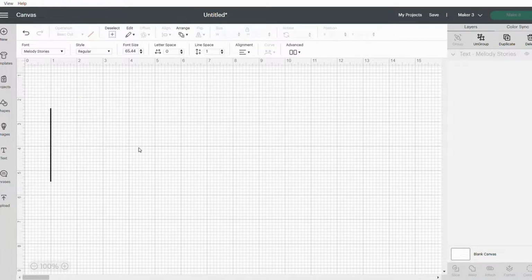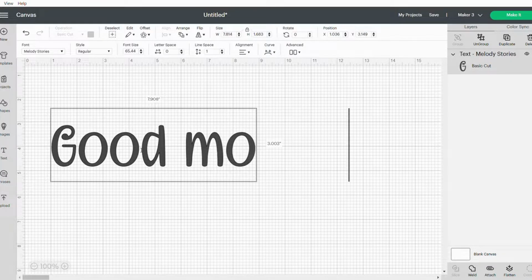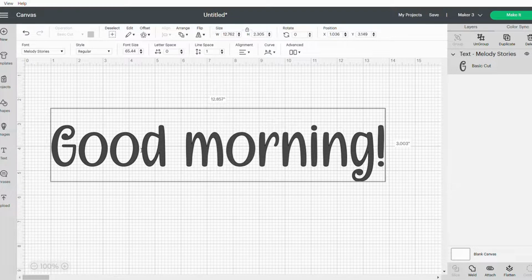Then you can go and change it for your specific project,